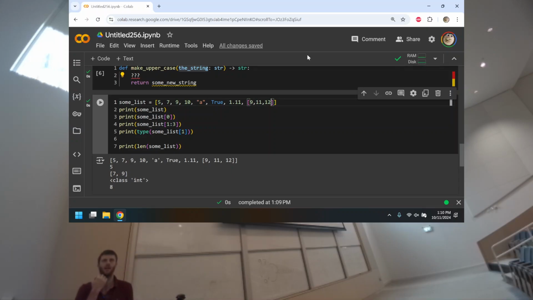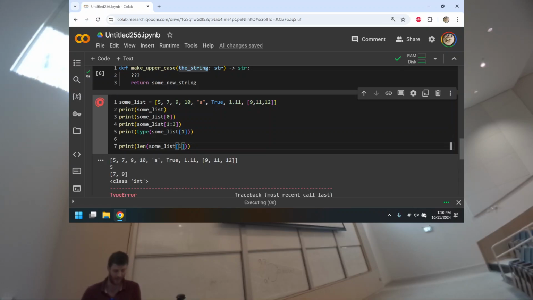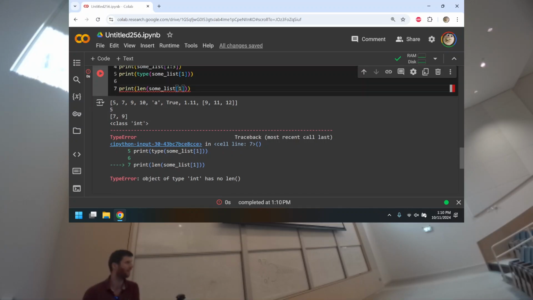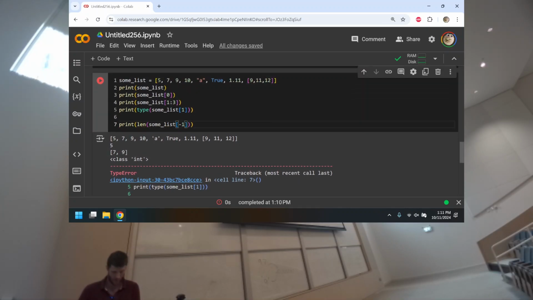How would you identify the list inside of the list? Is there a way you could? Well, I can ask the type. If I were to do a linear search, I could search on the types of things. Is the type of this thing a list? It is. Found it. But if you just want to confirm, I know -1 is the last element. The last element has a length of 3, which is true. What about index 1's length? Well, that doesn't make any sense because the number 7 doesn't have a length. How do you get the second index of the last index? Well,